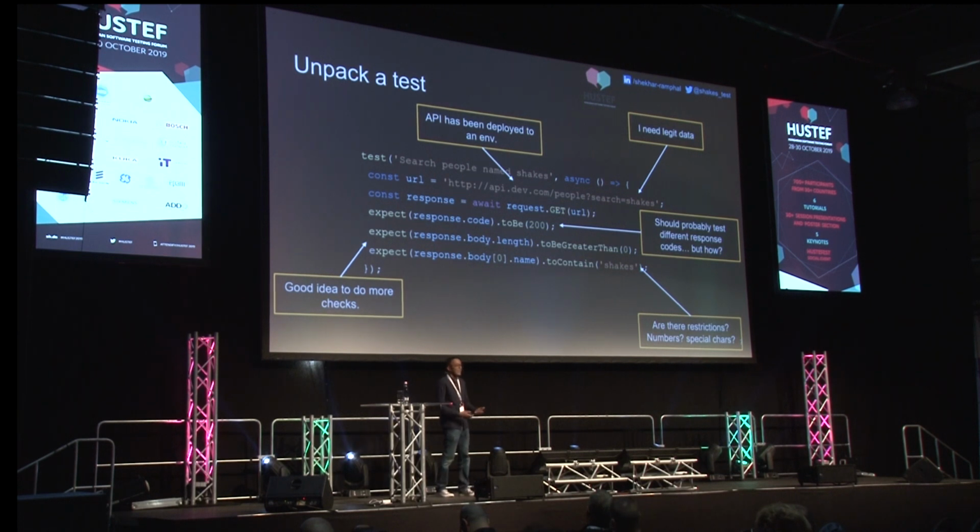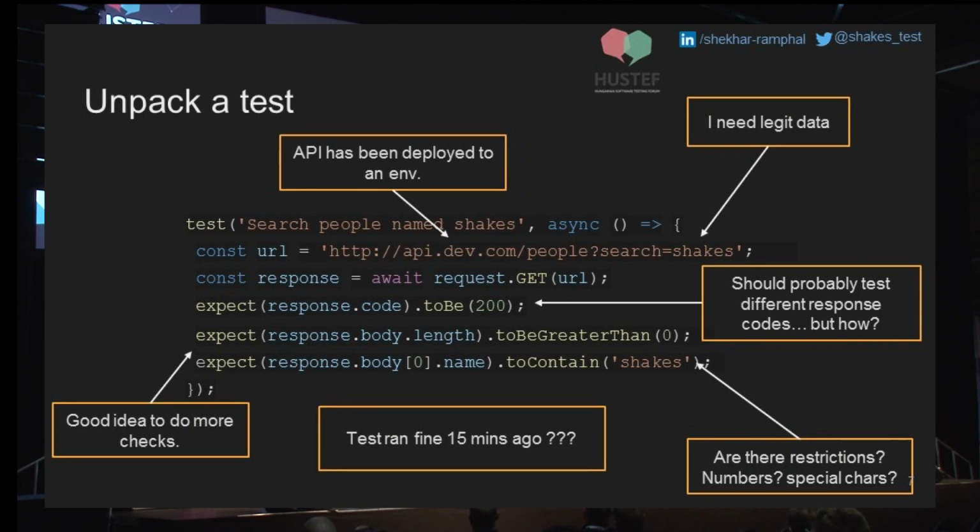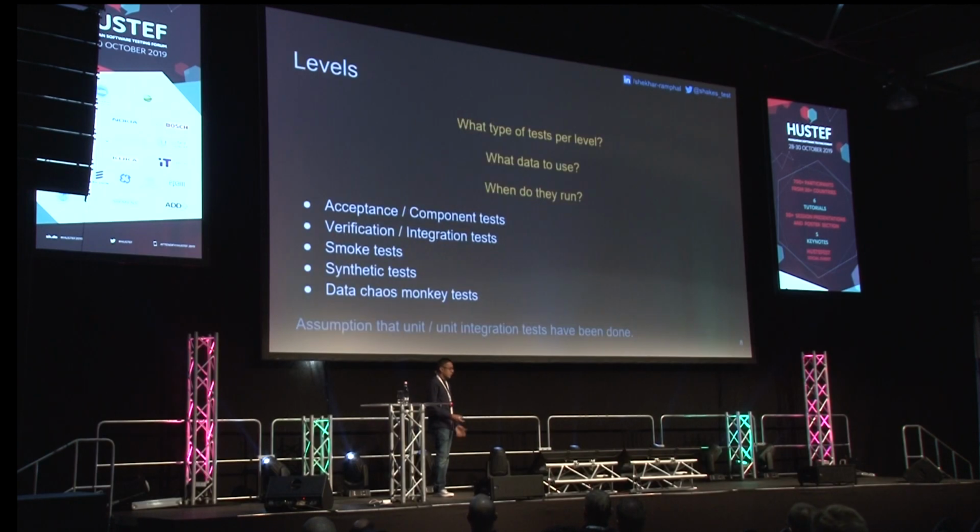If you're only testing at this point, that means this API has already been thought about, spec'd, developed, unit tested, integration tested, and now you're trying to follow up with the automation tests. And my favorite one in the shared environments is that it ran 15 minutes ago, and now somebody deleted shakes from the database, and I can't find it anymore, so now I have to patch up the test, right? I'm going to talk about addressing these things,